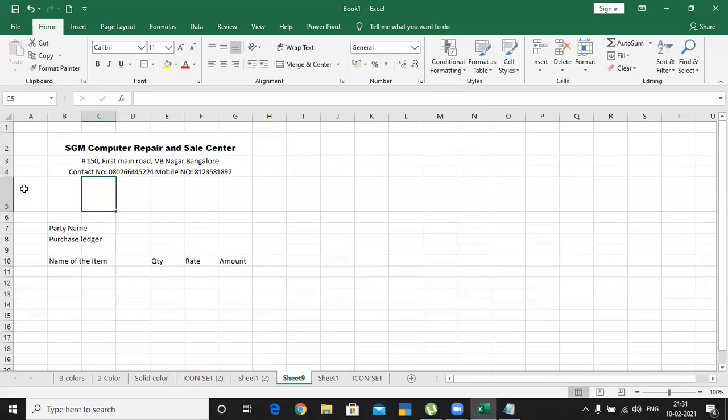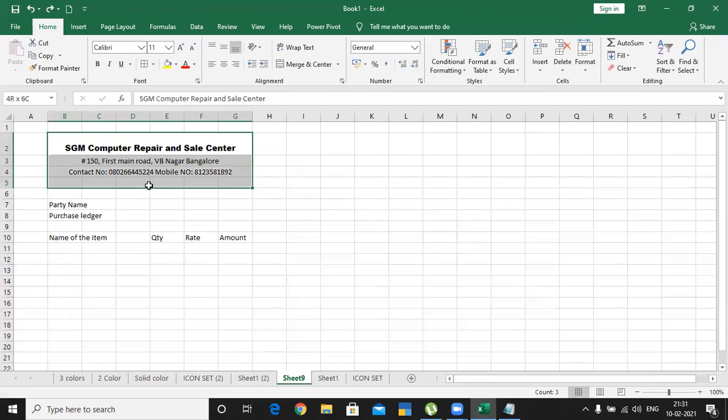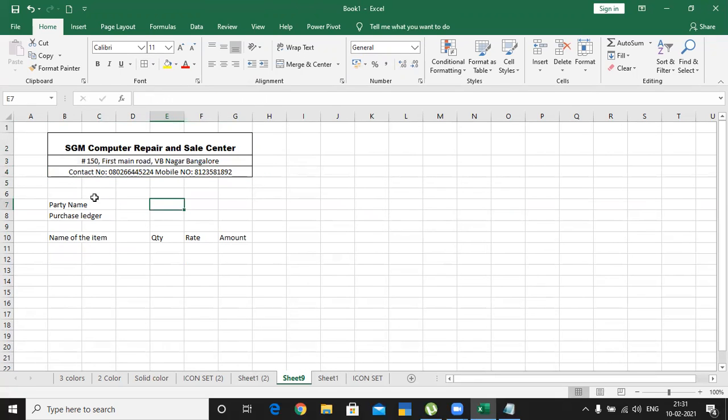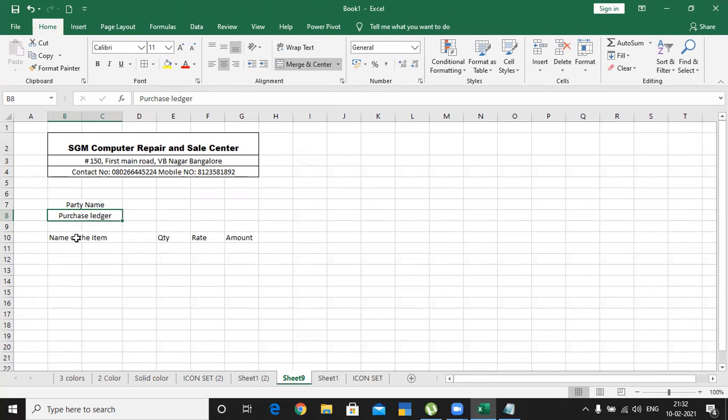Select the center area and apply the border. And next, party name, so select this area, do merge center. Here also do merge center, and again select merge center.